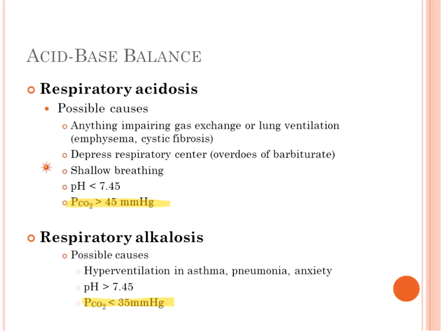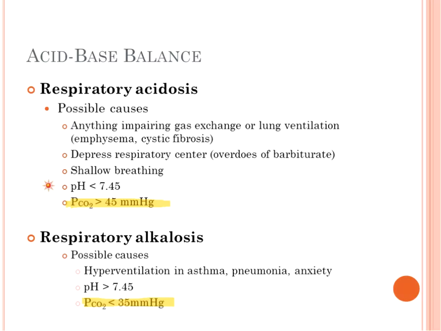So as a result, you're going to have a buildup of hydrogen ions. So what happens with your blood pH is that it's going to become less than 7.35. And then your partial pressure of carbon dioxide is greater than the higher end of that normal range. The partial pressure of carbon dioxide should be between 35 and 45 millimeters of mercury. Anything greater than that, and we have a low pH, tells us that we have acidosis taking place,